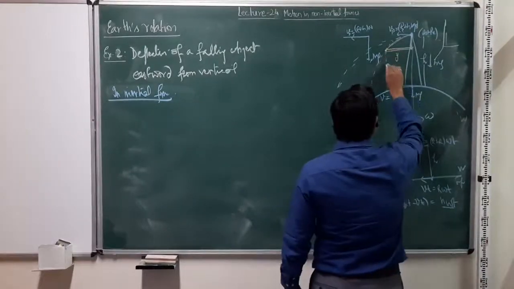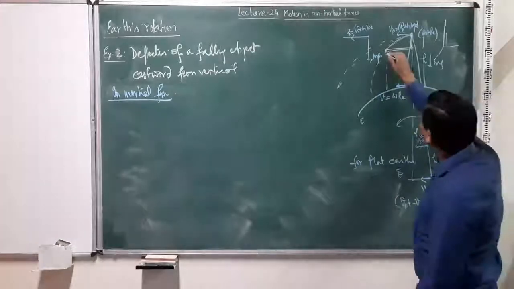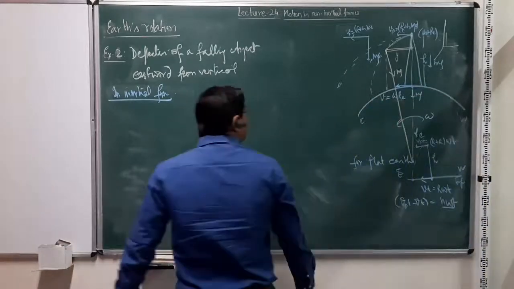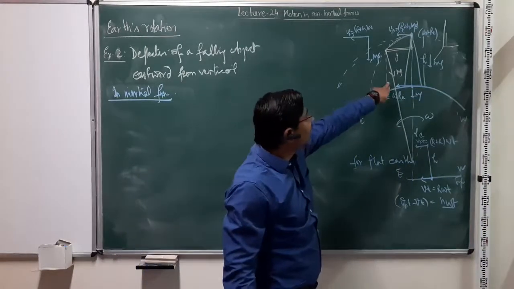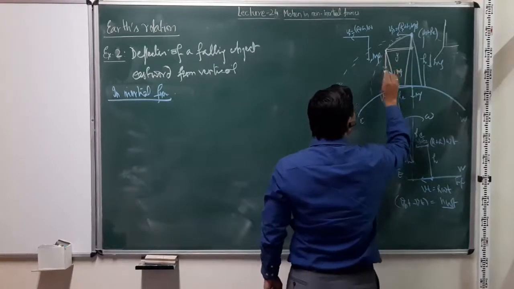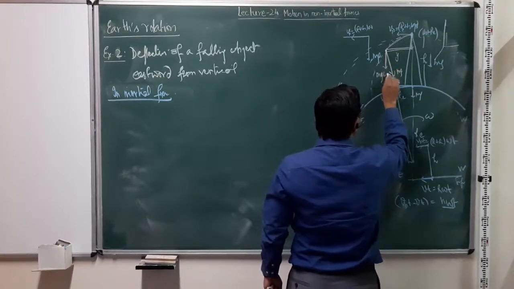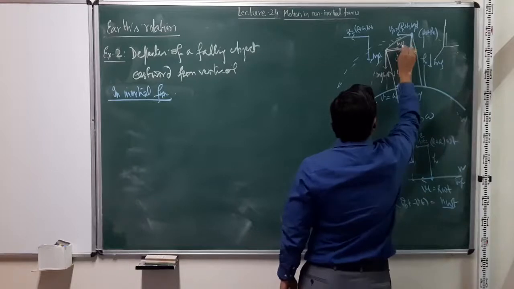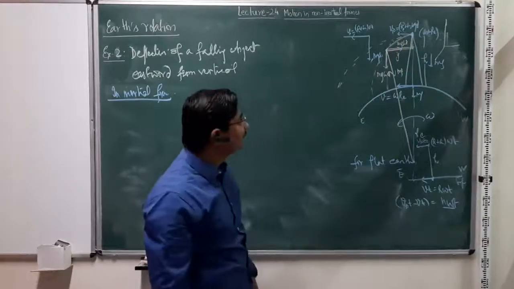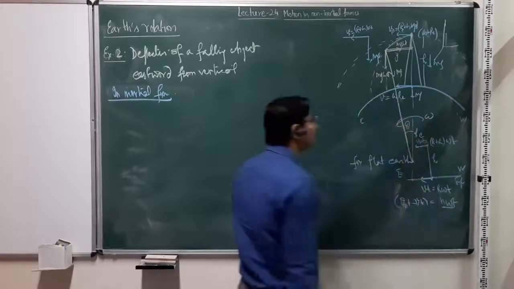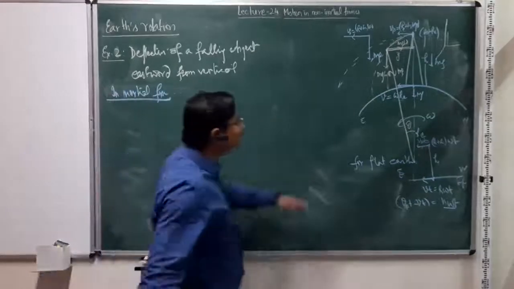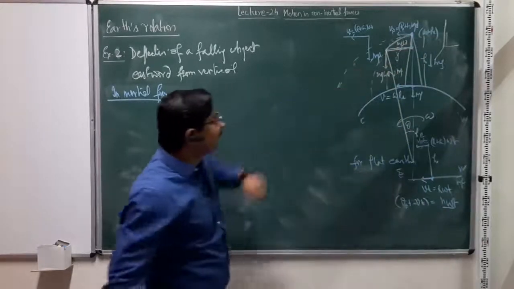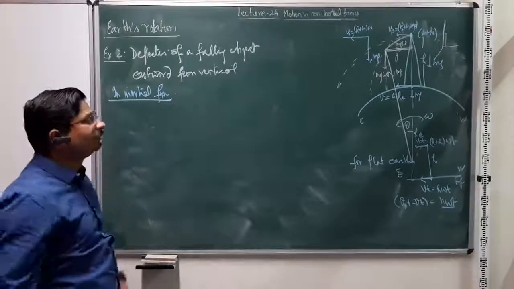So now mg is not acting vertically downwards; rather mg is acting in this direction. Once it has started falling, the direction of mg changes, and this change gives me a vertical acceleration corresponding to mg cos theta, and a horizontal acceleration, the force for which is mg sin theta, where theta is this angle. Now for small angle theta, looking at this arc, if theta is not very large, we can simply take the horizontal distance as the length of the arc.